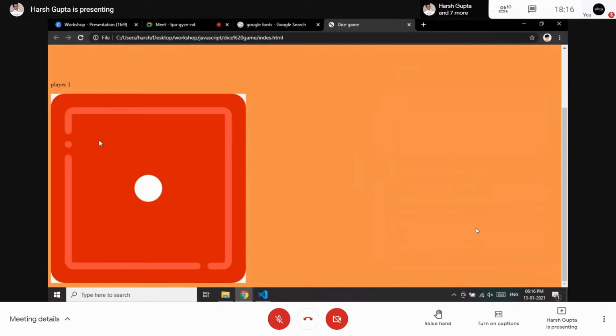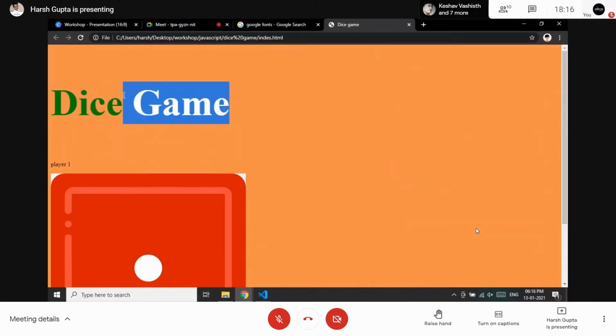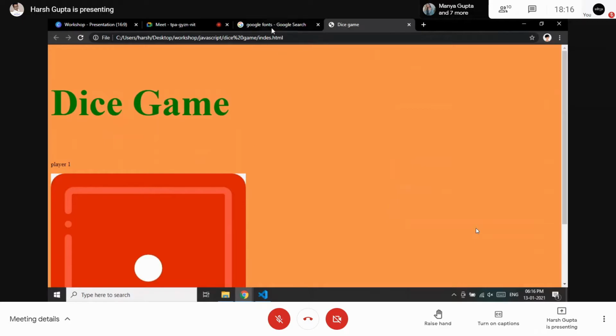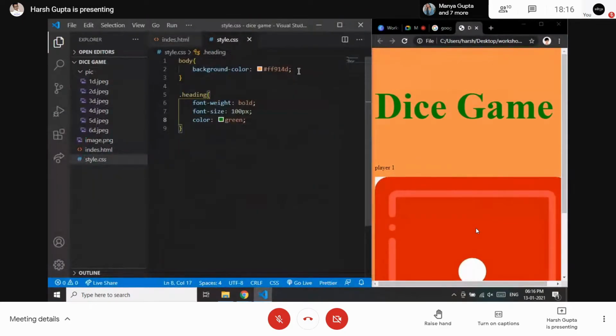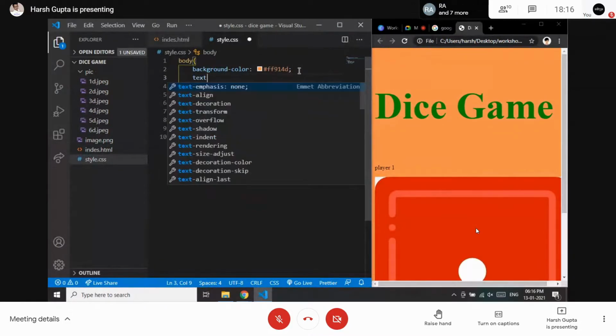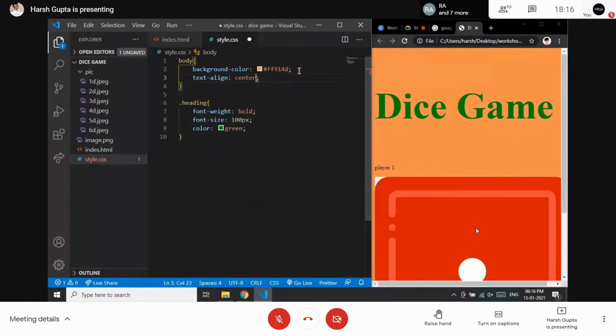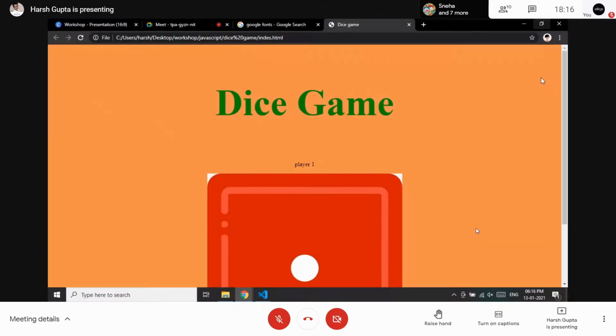I need to rearrange this whole big image because it is looking bizarre right now. And although it should be on the center as well. So I will be just making it more clear. So by this, I will be typing a text line and center. And as soon as I click save and center, these are on the center.